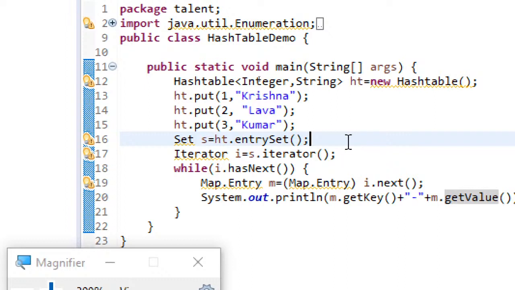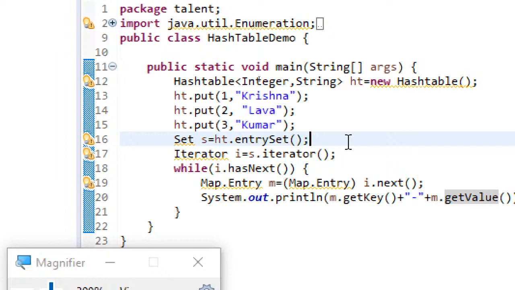So these are the four majorly used methods as part of map. Put, in order to insert the entry; get, in order to get the value associated to a key; remove, by key, by default the entire entry will be removed from the map; and size returns the number of entries in the map. So unique keys, duplicate values allowed, one key, one value. This is what you just need to remember with regard to map.